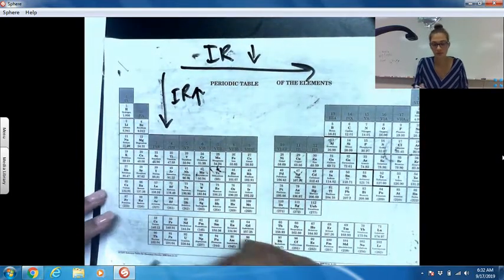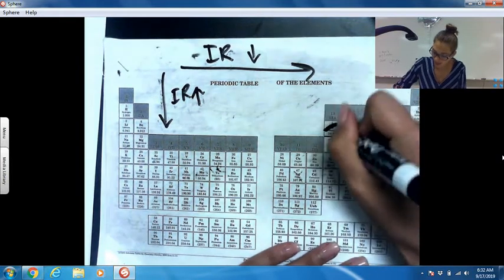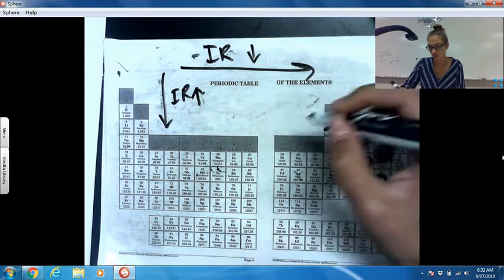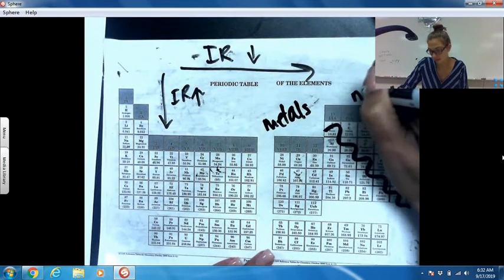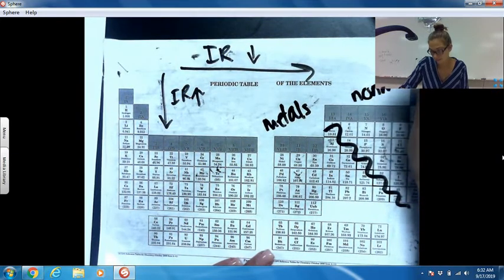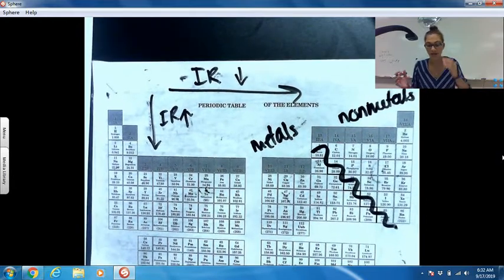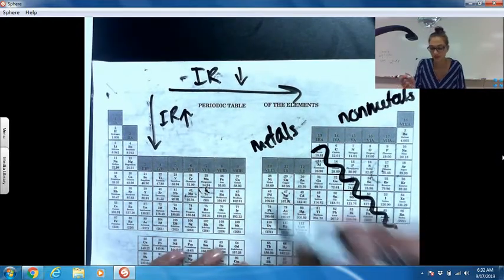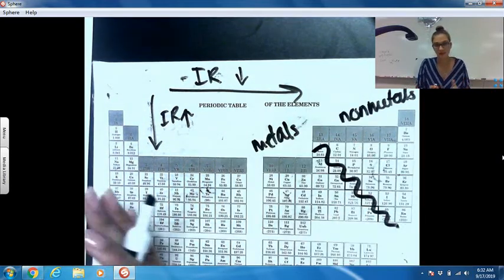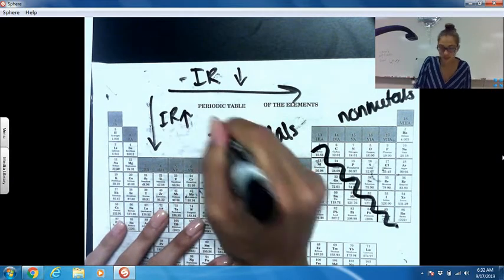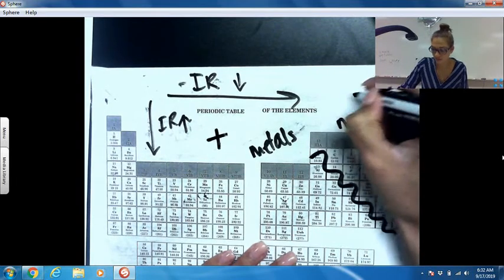Okay? But the difference here is at our metalloid staircase, we switch over from being metals to nonmetals. And when metals and nonmetals form ions, they form different types of ions. So we have looked at the left-hand side of the periodic table forms positive charges, and the right-hand side of the periodic table forms negative charges. So positive means